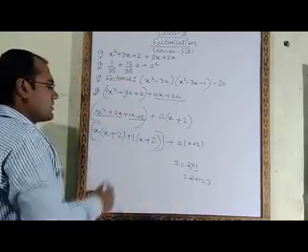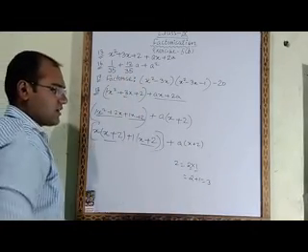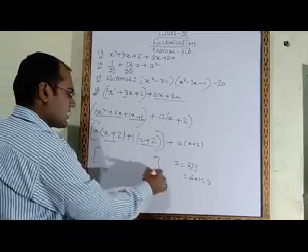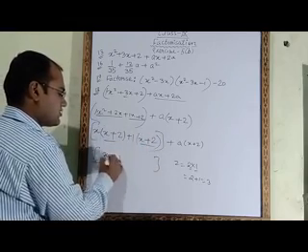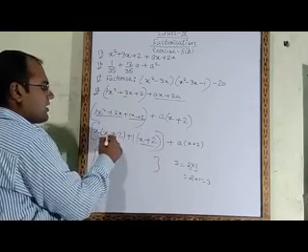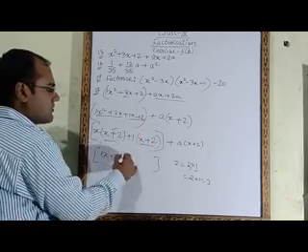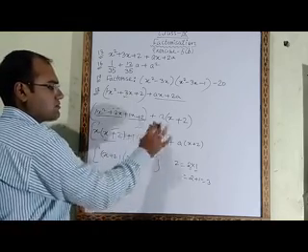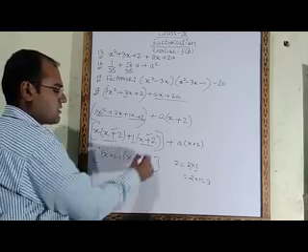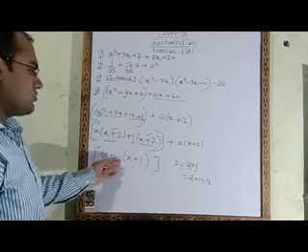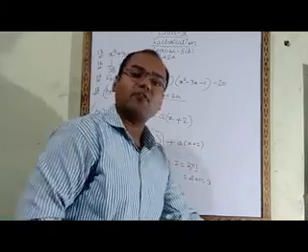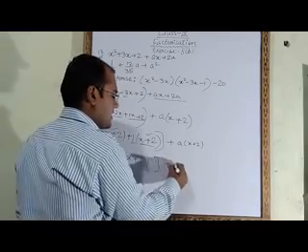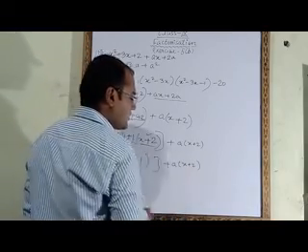Now what do you have to do? X plus 2 is coming here also and here also. We will take it common inside this bracket. We will take x plus 2 in one bracket. When we take this x plus 2, what will be the remaining number? X plus, 1. So we will get x plus 2, x plus 1. And this side we have to write as it is: plus a into x plus 2.